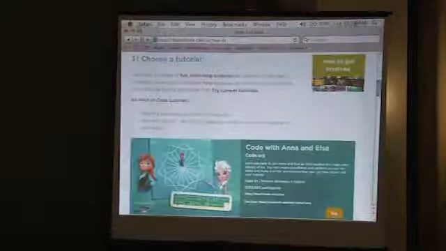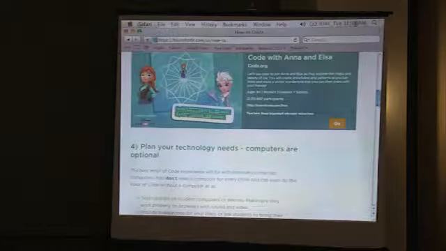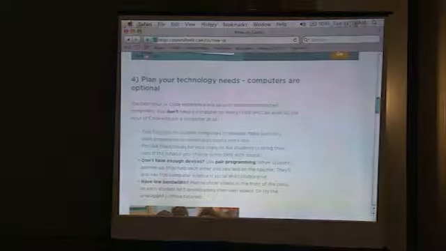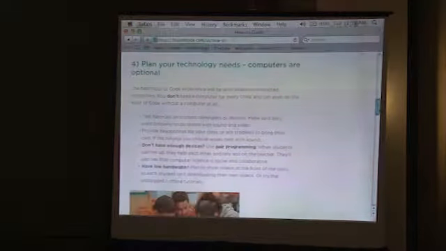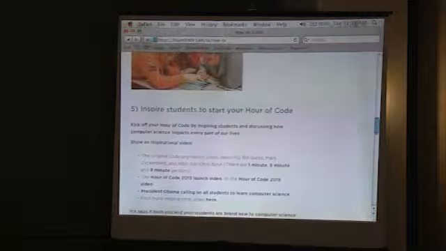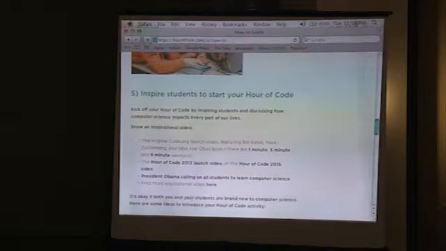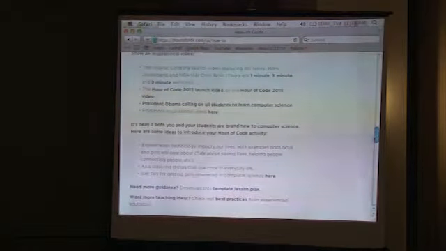If I scroll down through here, it talks about how to plan things. It walks you through, if you've never set up an hour of code activity, all the do's and don'ts. It also talks about how to inspire your kids to start using it. It's got some pretty cool videos from President Obama and different sports athletes. Kids really love the sports athletes, talking about why they use